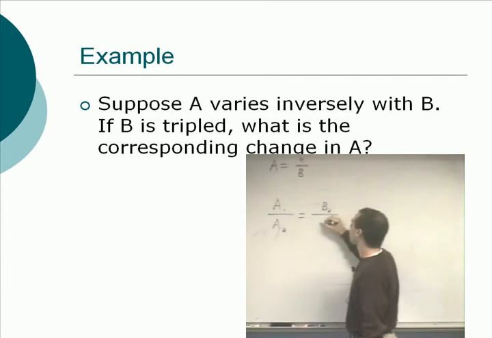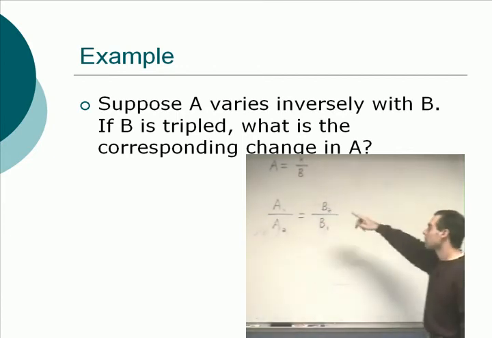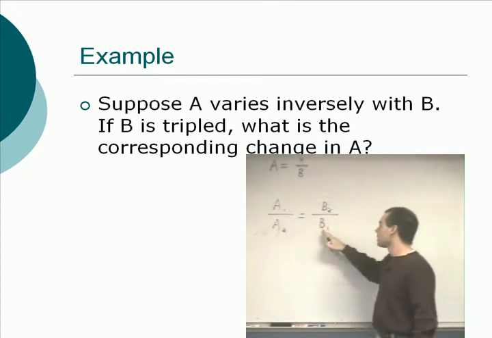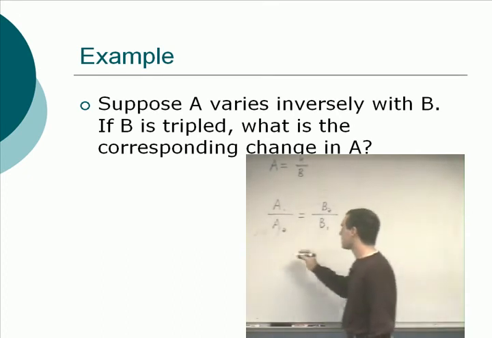B2 over B1. Right. That's because it's inverse, so we switch two of them. There, A1 is related to B1 diagonally, and A2 is related to B2 diagonally. And what's the other fact that we know? B is tripled, so our second B value